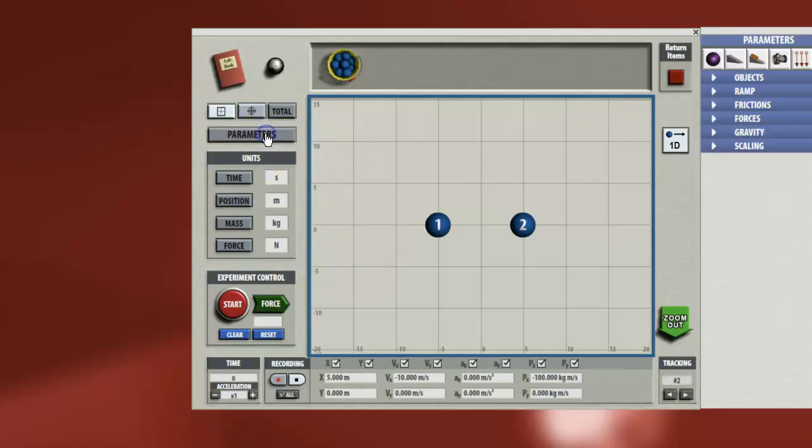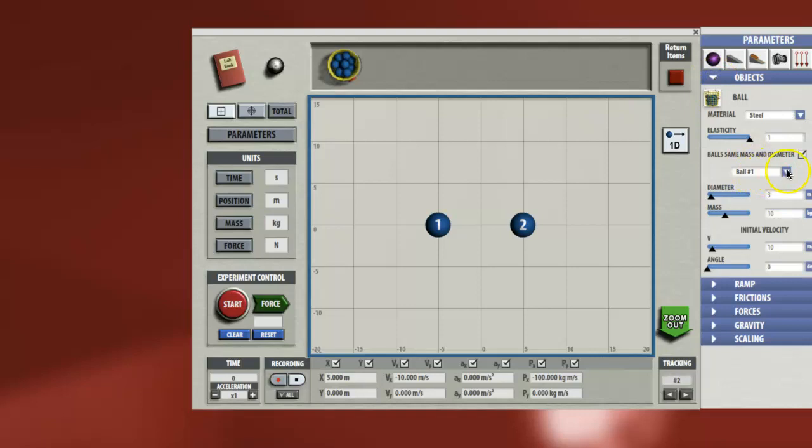Now in order to change the velocities, you're going to have the parameters here. You are going to go to objects. This is ball number 1. You can see its mass, and here also how to change the mass. This is 10, and this one for you is going to be 18. Then you're going to just click on 18. For my attempt, I want to keep it 10. If you want to change ball 2, you're going to go to ball 2 and also change it. Here I'm going to say ball 2 is 10